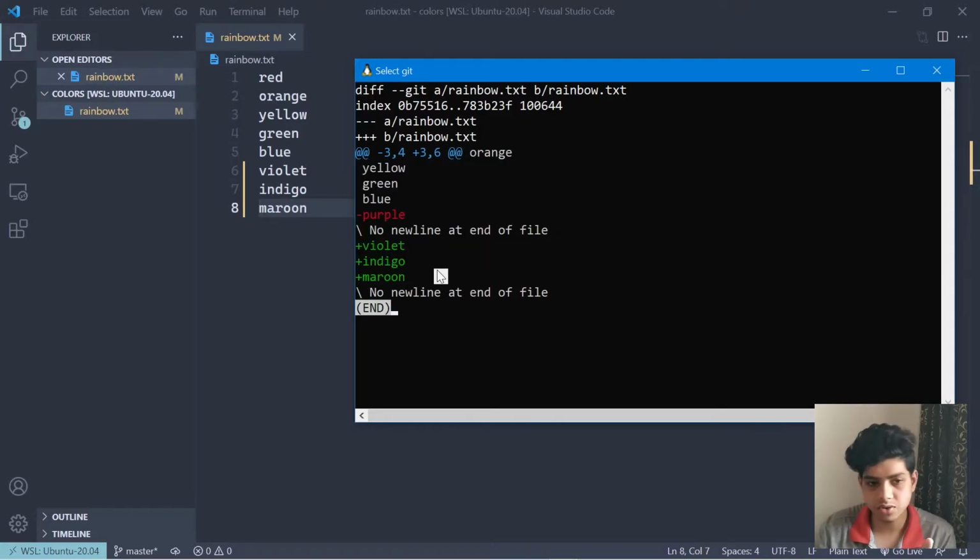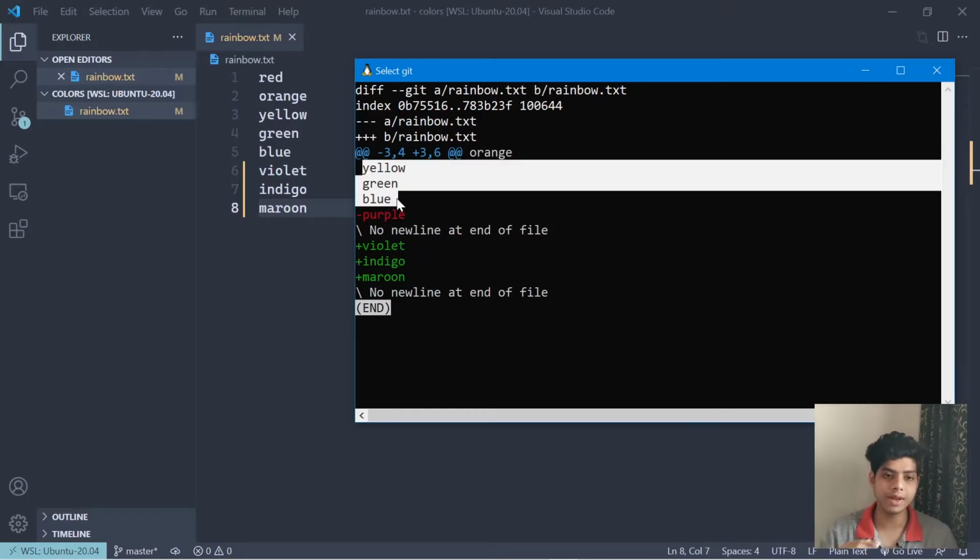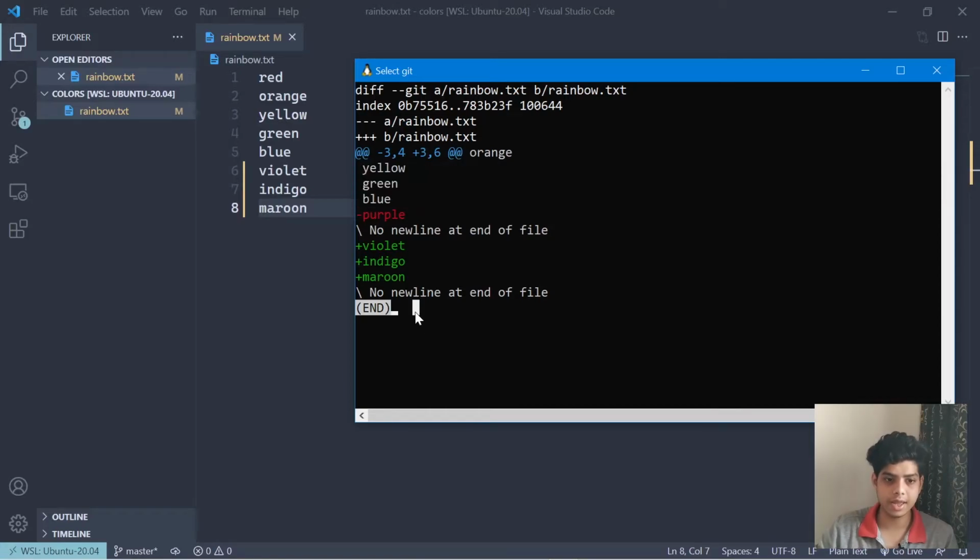What you just have to remember when you're comparing these two files is that they are basically the same file, so they need to be represented with some notations. One is given a and one is given b, and a and b are given the negative and positive sign as well. So red means this thing has been removed in the newer version, and positive is the thing which we have added to the new version. Yellow, green, blue, since they don't have any highlight, they are staying the same. So that's actually it.